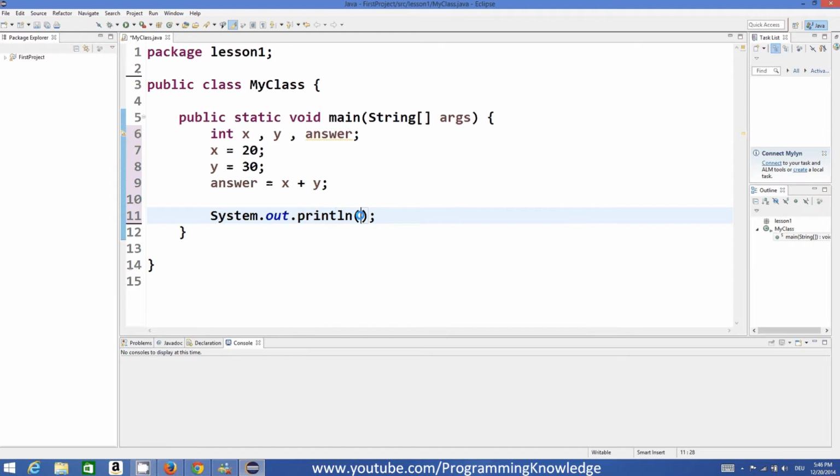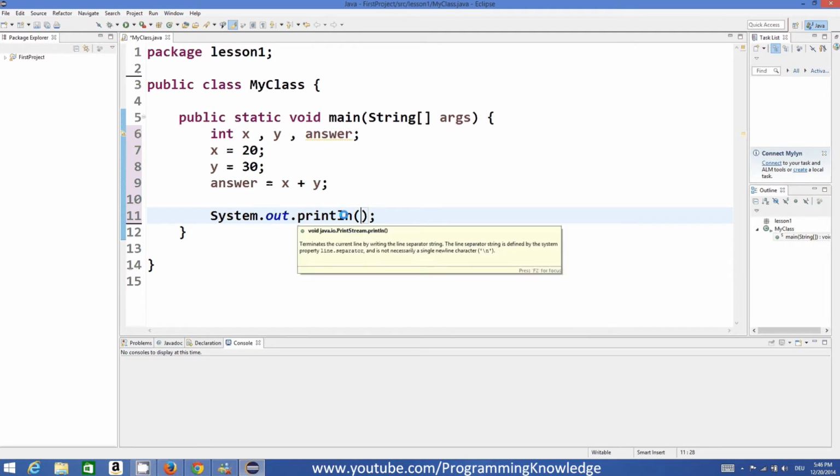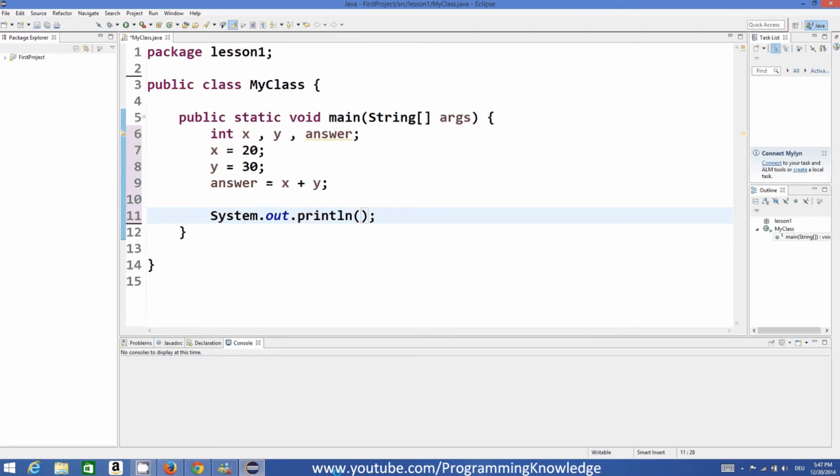So we can just write, in double quotes, "answer is equal to", and then there comes an operator called the concatenation operator. When you use this plus in your print function, then this plus is called the concatenation operator.